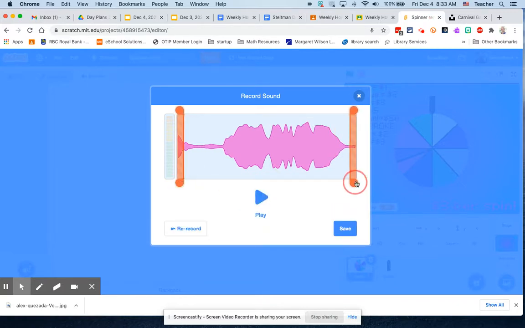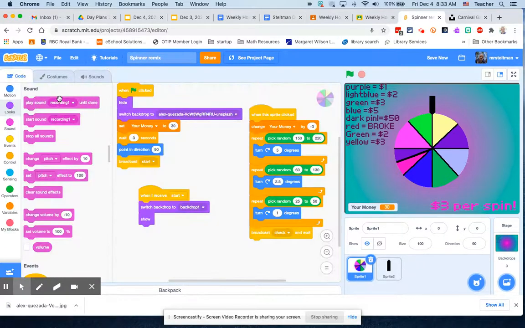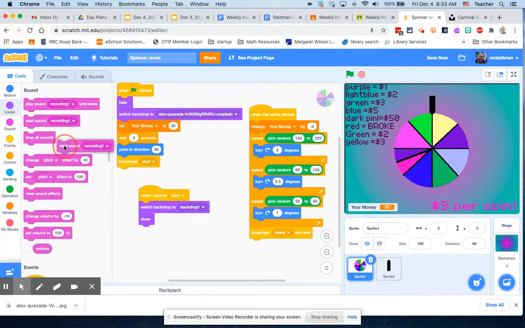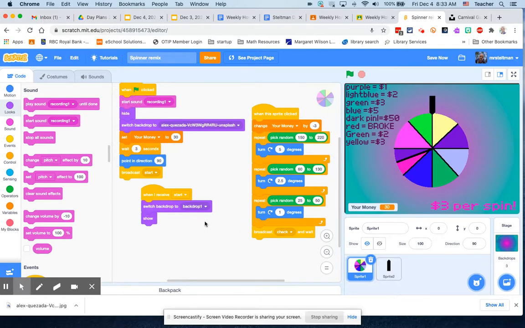You can listen to your sound. Make sure you get the whole piece. Welcome to the carnival. Beautiful. Check it one more time. Welcome to the carnival. Beautiful. You want to do the sounds at the end, though, because it does get a little annoying to have to hear it again and again and again. You can also rename your sounds so that they make sense. So when we start the game, it's going to start the sound, welcome to the carnival, and then we're going